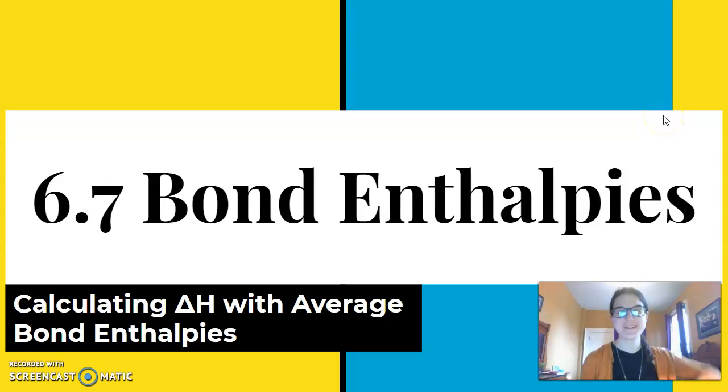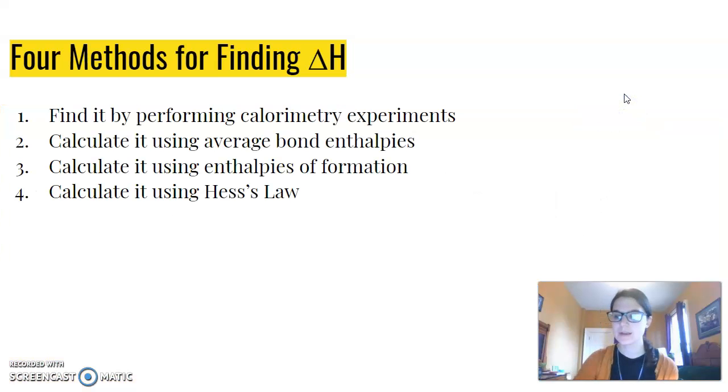Good morning, AP Chem. Today we're going to be going over Unit 6.7, which has to do with more about bond enthalpies, and specifically calculating the change in enthalpy with average bond enthalpies that are involved. So we learned how to find delta H through calorimetry experiments in 6.4 and 6.6. Today we're going to figure out how to calculate delta H using average bond enthalpies, as stated in that second